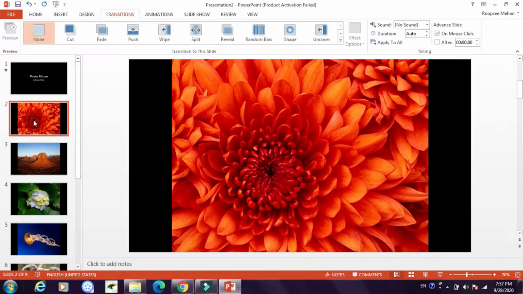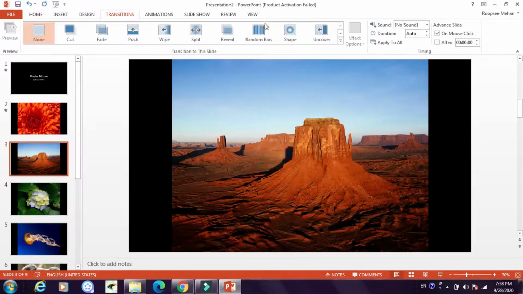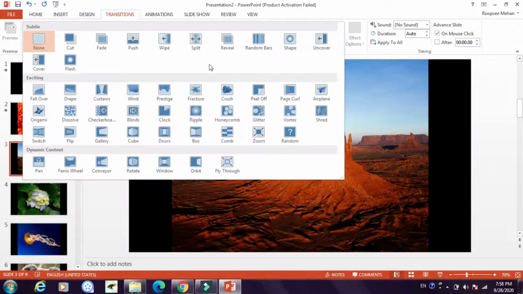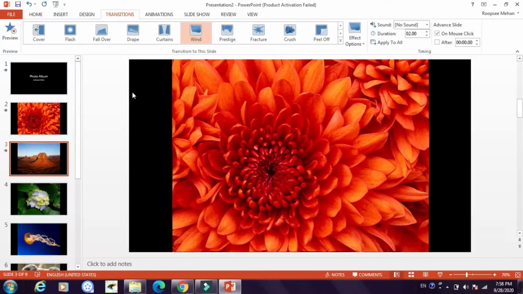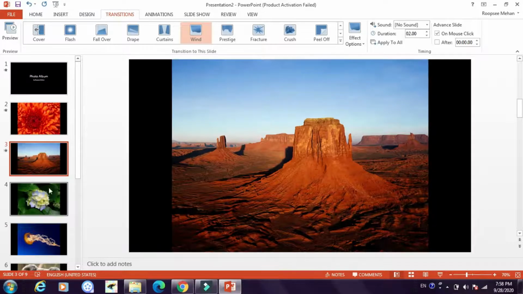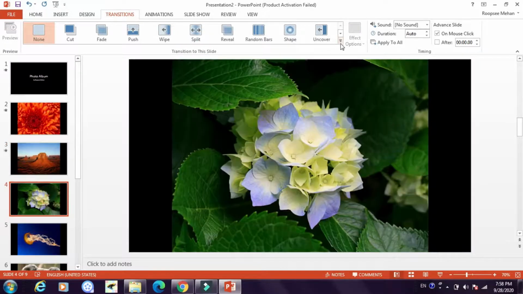I'll select the second slide. I'll choose random bars. So the transition gets applied in between these two slides. Now next I'll select this. I'll go with wind. See students, I'll select the next slide.